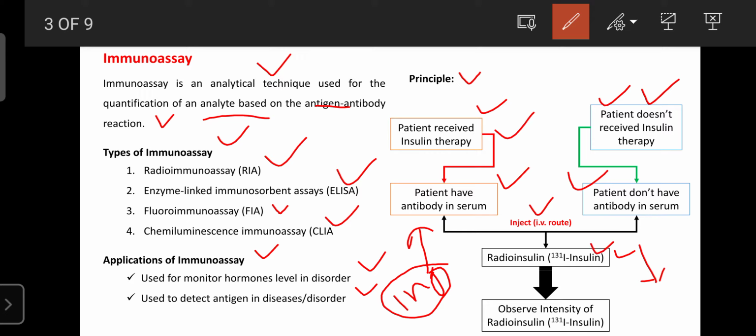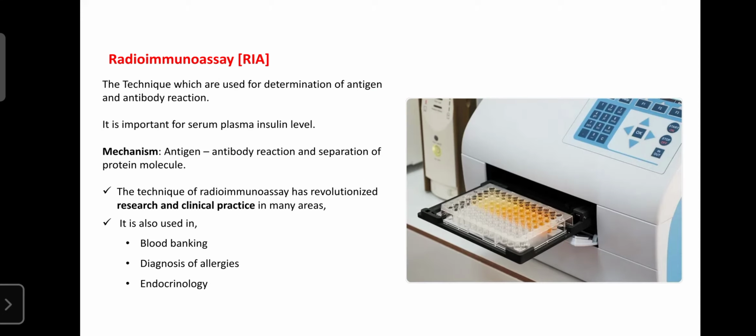Then by measuring the intensity of the radio insulin, the 131 insulin, it can give us an idea regarding how much insulin is secreted in the patient's body. So this is the main principle of the immunoassay. Next, regarding